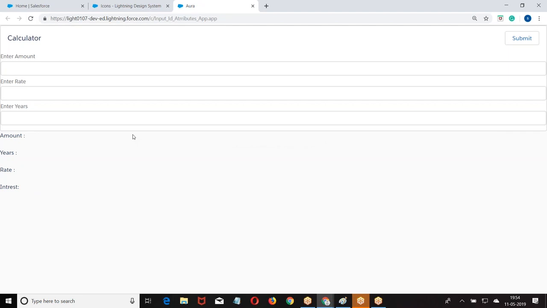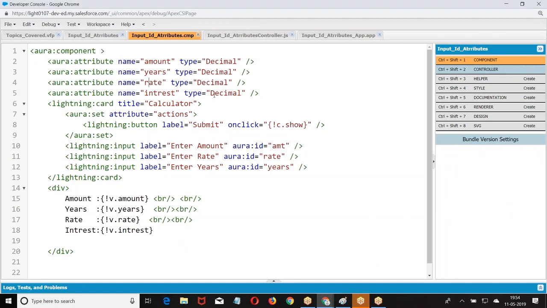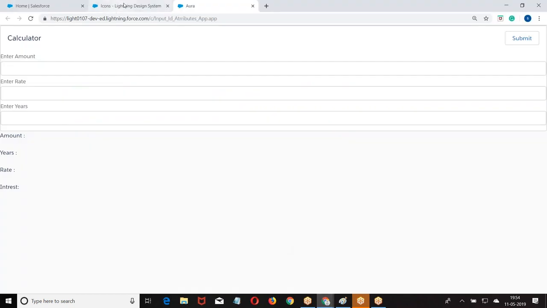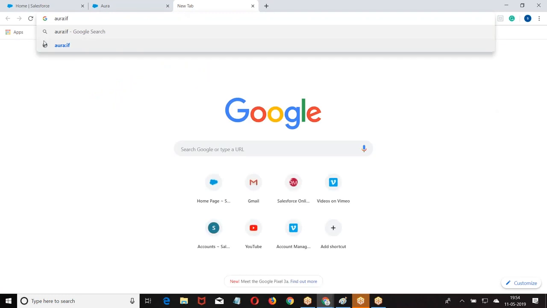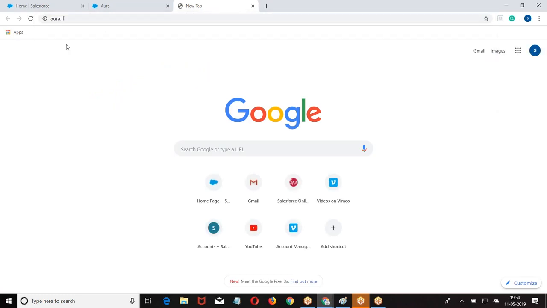So there in the VF page, we used to apply a concept called render. Render this if it is true, don't render this if it is false, right? Similarly, here in the lightning, we have a concept called aura if. In the Visualforce page, we have a concept of rendered.